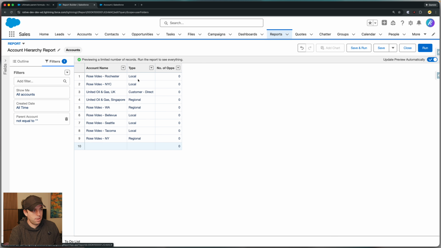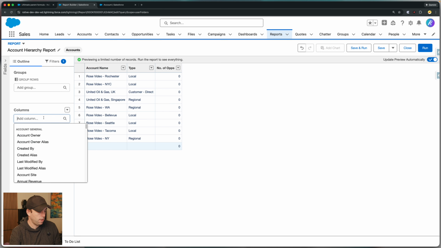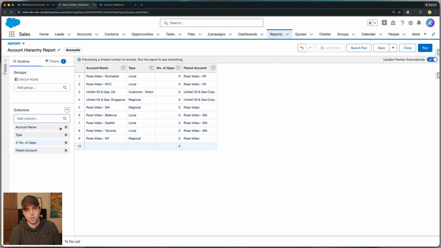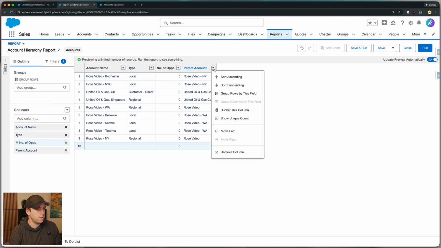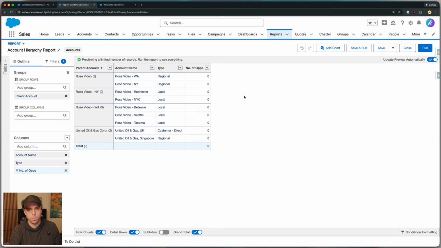Now right out of the box, we don't have a ton of helpful information here. I mean, we've got the account name, the type, I have a number of ops fields there. We can always add the parent account field. And so this is a good first step to trying to get a little bit more organized, but this can also be confusing. So the first thing I would do is add that parent account and then group rows by